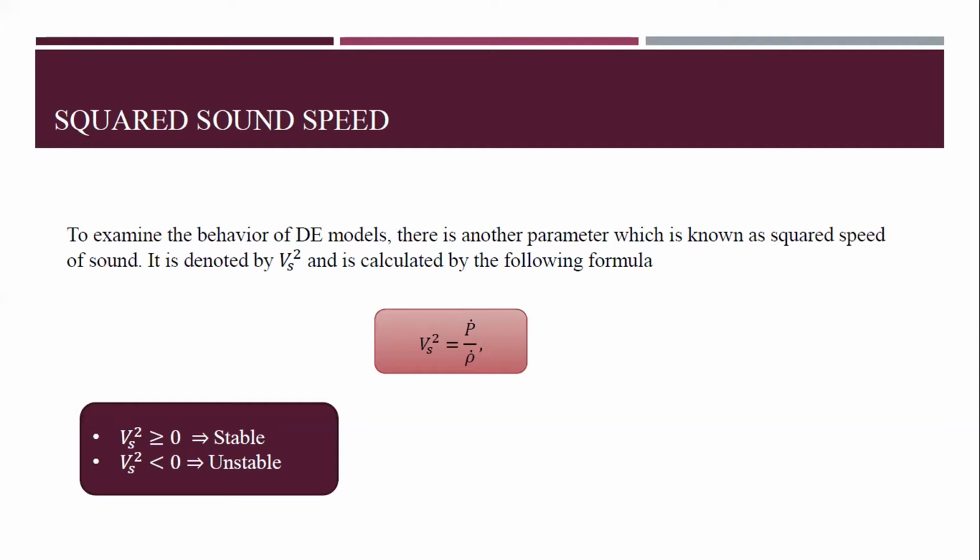First, the conservation law of the energy-momentum tensor gives the perturbation energy density involving the squared speed of sound. With some more simplification, for a real solution, we have to take Vs squared greater than 0 or Vs squared less than 0. Vs squared less than 0 represents the unstable behavior of the model, or if Vs squared is greater than 0, we have a stable model, which exhibits the stability of the models.